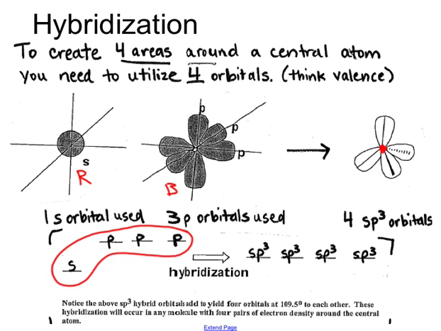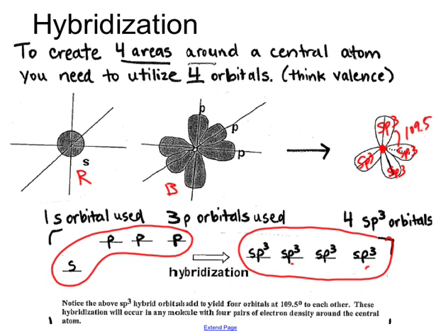So what happens, we have a low energy s with 3 high energy p's. We end up making 4 brand new orbitals, all with the name sp3. Do you see where its name comes from? It's made from an s and 3 p's, so we're going to call each orbital sp3. It's not s and p and p and p. This is an sp3 orbital. This is an sp3 orbital. That's sp3. That's sp3. These orbitals are 109.5 degrees apart,